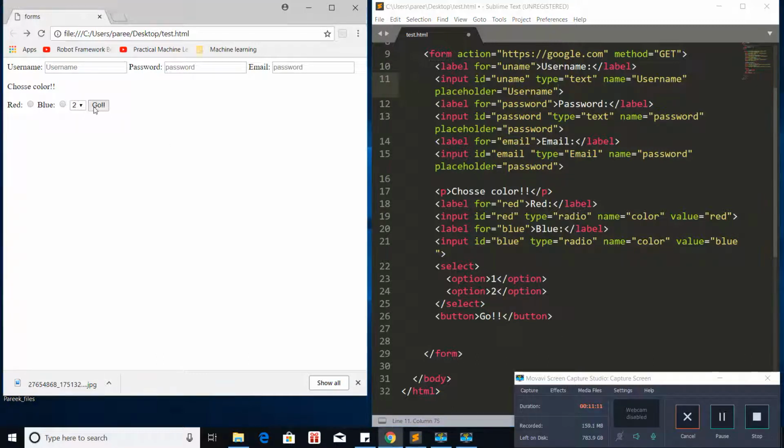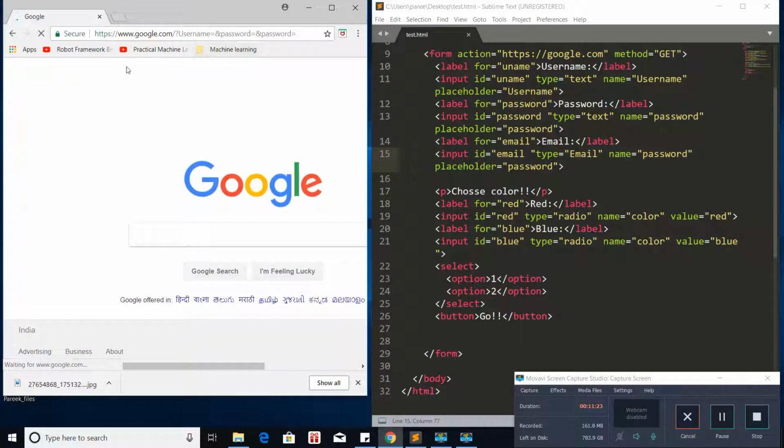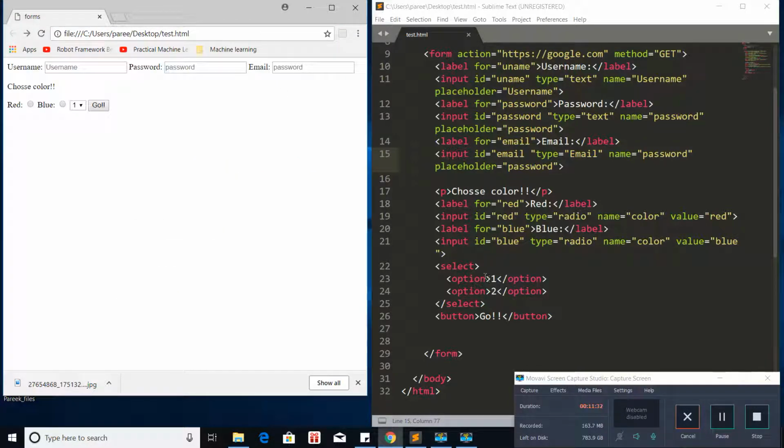So let's see how it works. I need to save this, and now it should be working fine. So here we are not seeing anything because we have not given the attribute name here. We should give some name in the select tag. Name, say number,